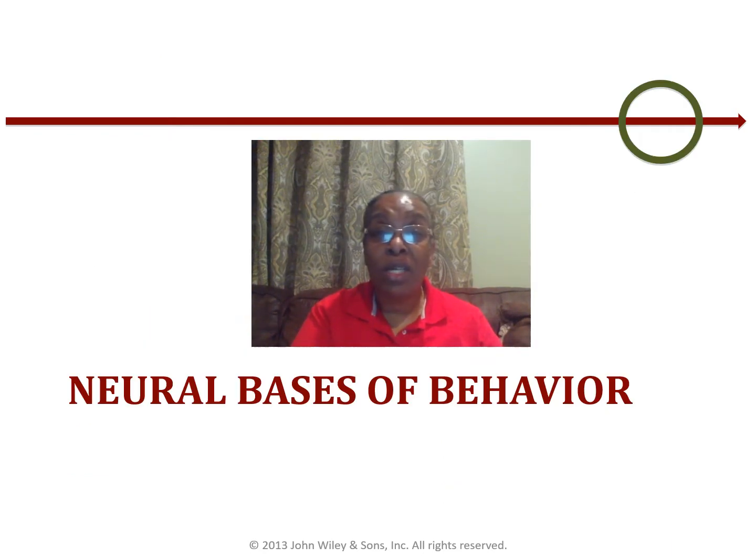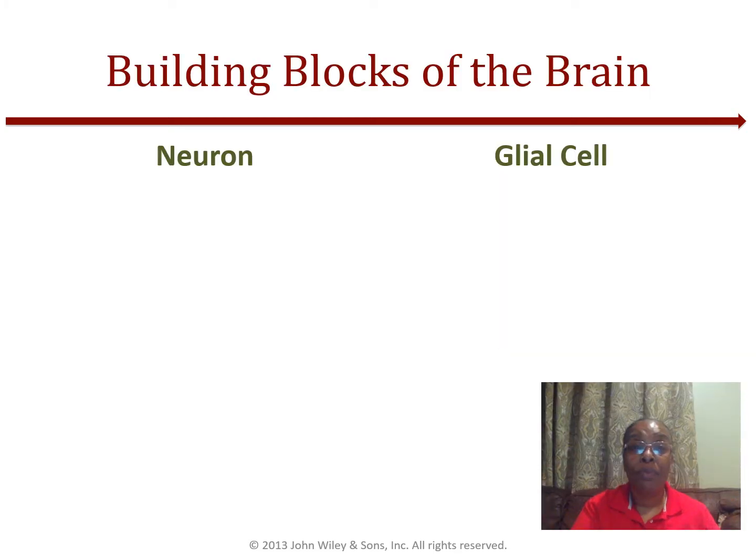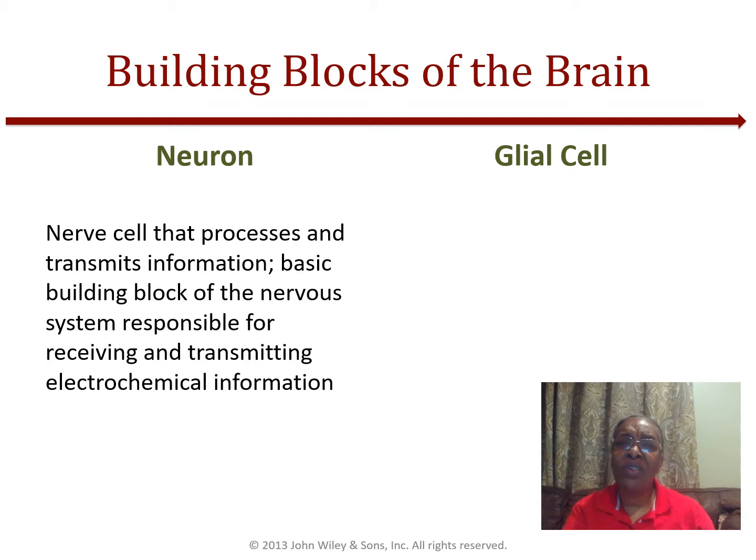Now we're going to start taking a look at neural bases of behavior, starting with the building blocks of the brain. Your brain and the rest of the nervous system essentially has neurons, and each one is a tiny information processing system. Think of it as a real tiny little computer. And this tiny information processing system will have thousands of connections for receiving as well as sending electrochemical signals